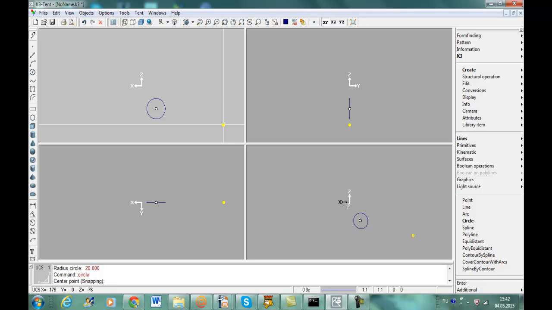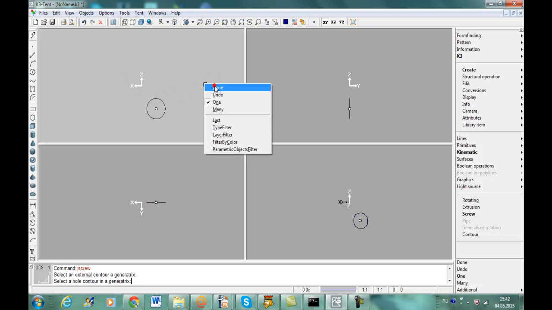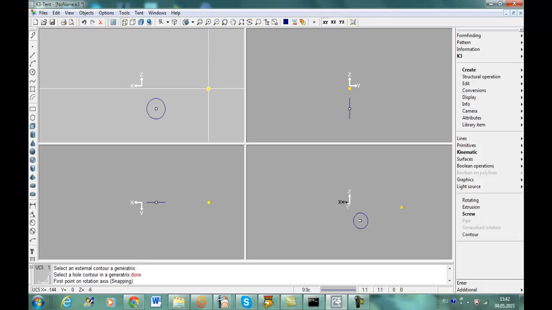Then we activate the function create kinematic screw. Let's mark the circle after the system request. Select an external contour of generatrix. Don't forget to press the down subcommand. Then we should define two arbitrary points of the revolution axis,